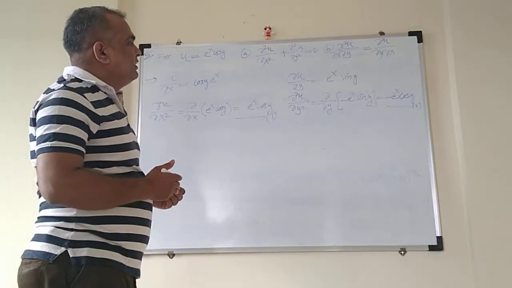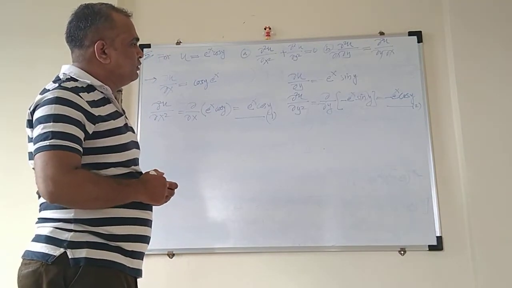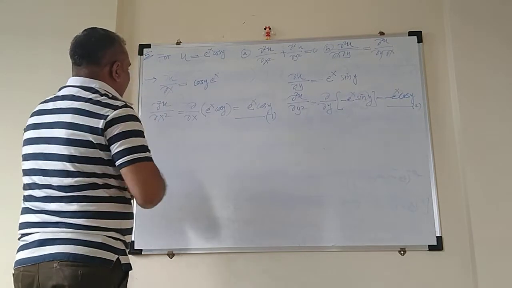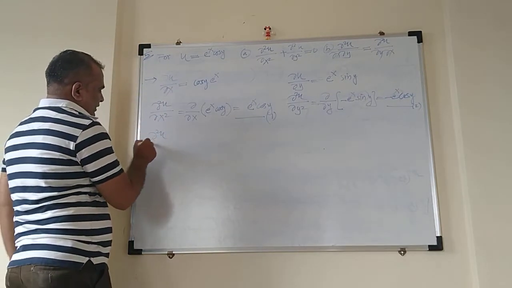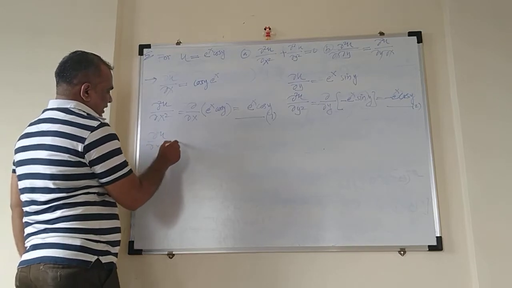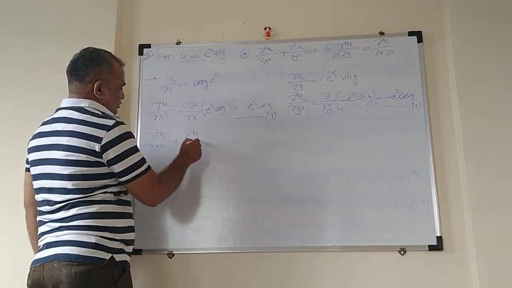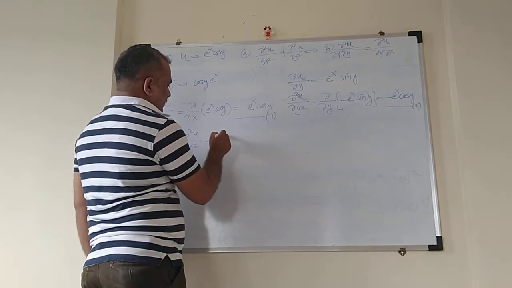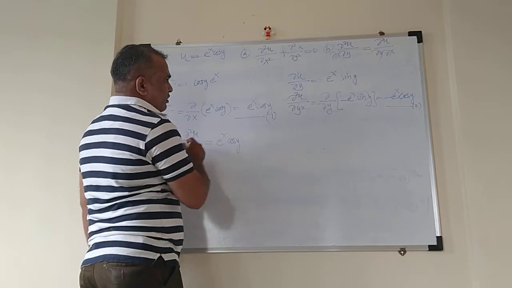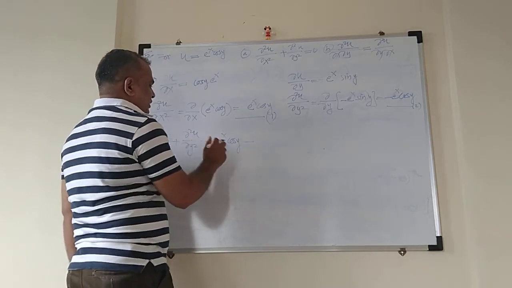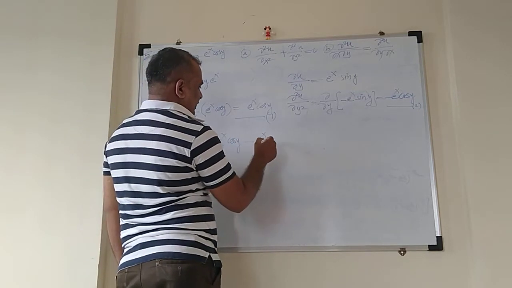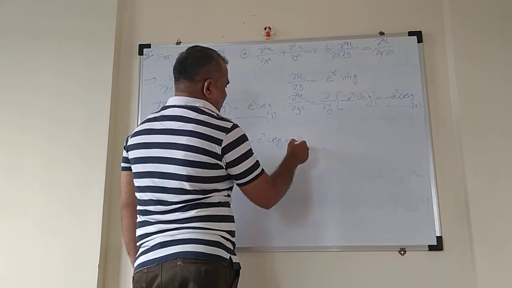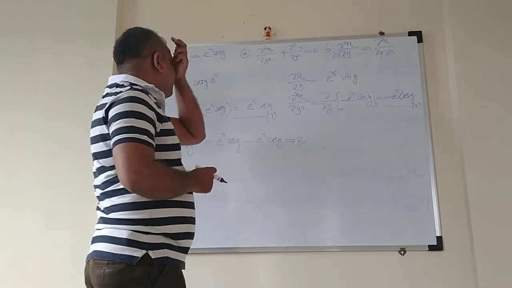the second order partial differentiation of the given function with respect to y. And if you add these two, you will get dou 2u by dou x square plus dou 2u by dou y square. This is equal to e raised to x cos y, and dou 2u by dou y square has its value equal to minus e raised to x cos y. This is equal to 0, which proves your first result.